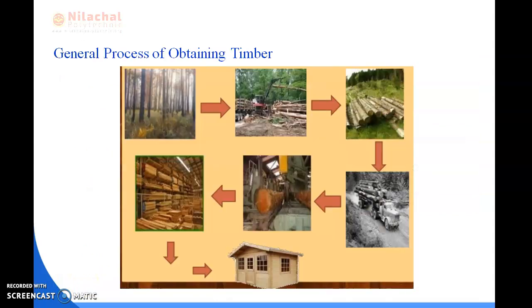Next, I have already told about the general process of obtaining timber. You can see the diagram I have been showing. Here in a jungle, the trunk has been cut and placed, and kept in a proper shape and size, and this has been loaded. After that, this has been taken to the factory. This trunk or wood has been taken to a factory, and the timber or wood has been made, and this has been used for our building purposes. You can see here this has been used for the building of houses.